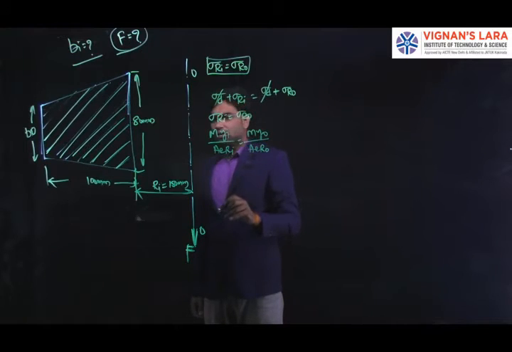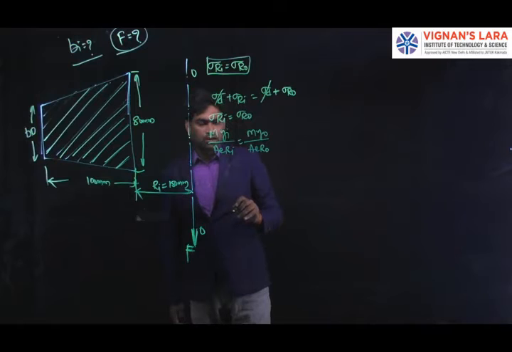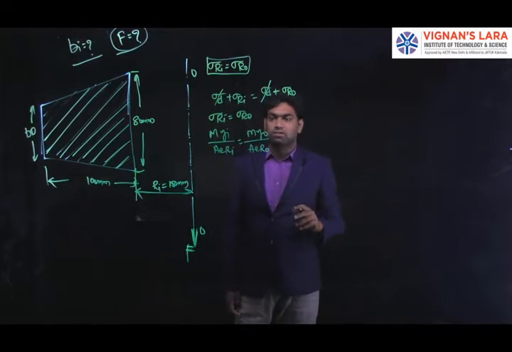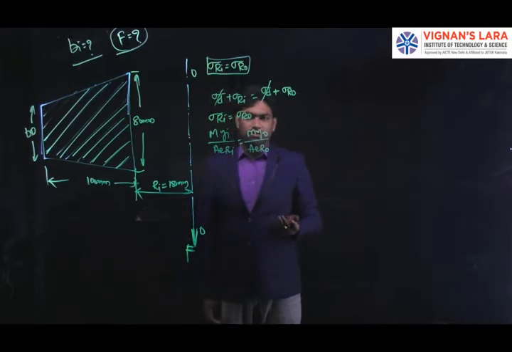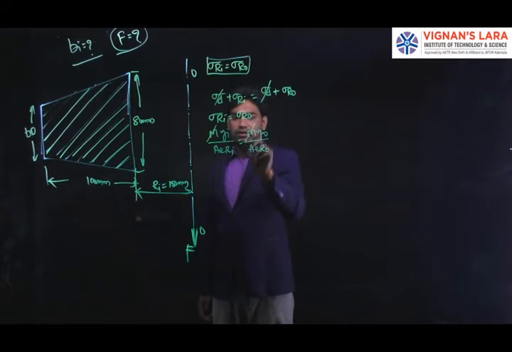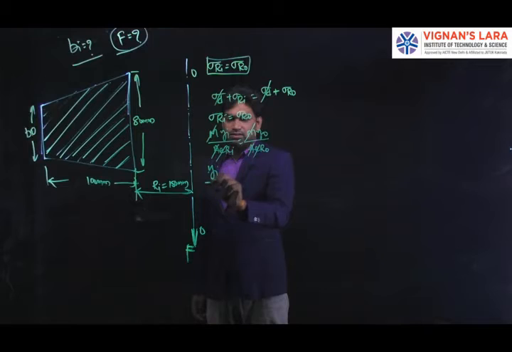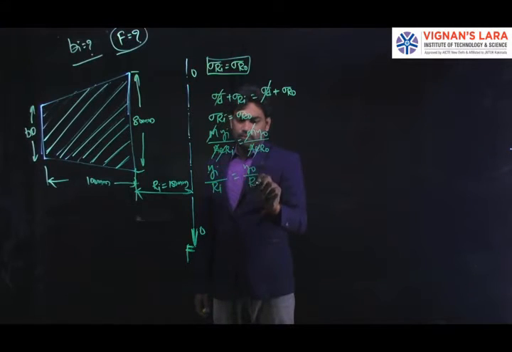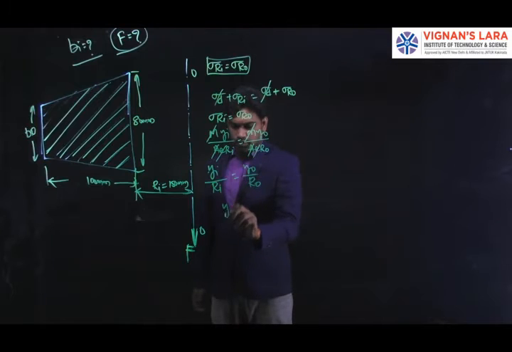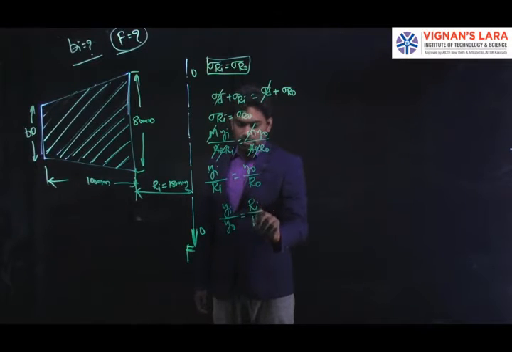Here I am not taking any negative sign. Why? Because the given stresses are numerically equal, so the magnitudes are same, so no need to mention the negative sign. It is a compression, so we know that. So the moments get cancelled, and areas and widths get cancelled. So the only relation you get is yi by Ri equal to y naught by R naught. So from that, yi by y naught we can get Ri by R naught.